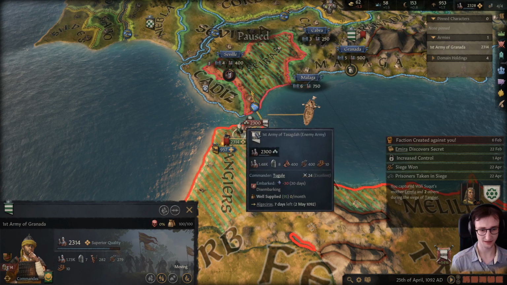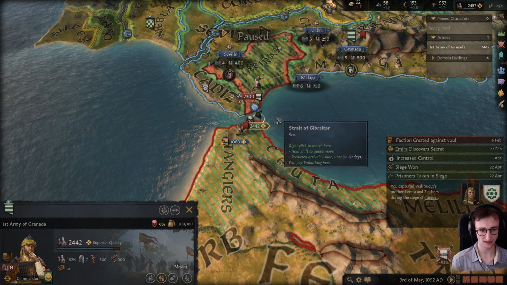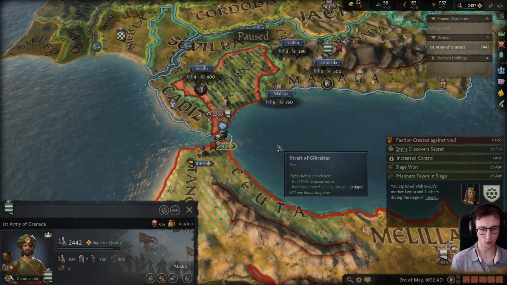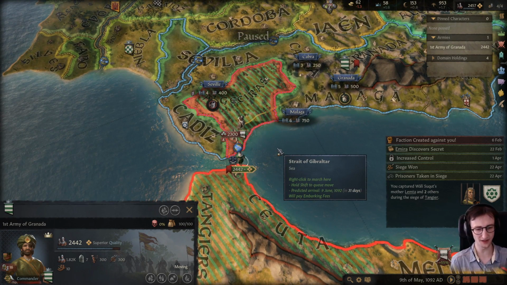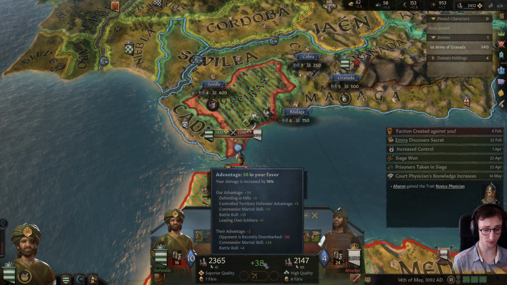No. You don't understand. We're going in here. Yeah, we're going in. I know this is a horrible battle. No, we're doing this. I'm going to be leading the army, because my allies will come in as well. Now this is the battle against the Almoravids. They have the boat penalty. We are crossing a strait, but I think that is perfectly...